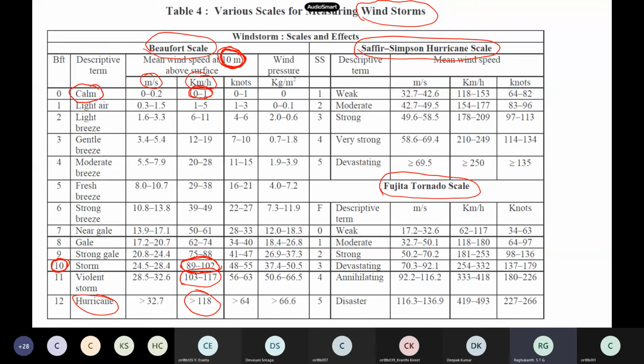So if you are 10 meter above and the wind speed is 118, you classify it as a hurricane. If the wind speed is at the light level, 1 to 5, it is classified as light air. So this is our design terminology, which all of you should remember. When I say wind velocity is this much, we all know wind velocity varies with height, but the convention is that it means a 10 meter height measurement. This is like a standardization, if you want to compare. In India we use the Beaufort scale, which is the classical one in windstorm classification.